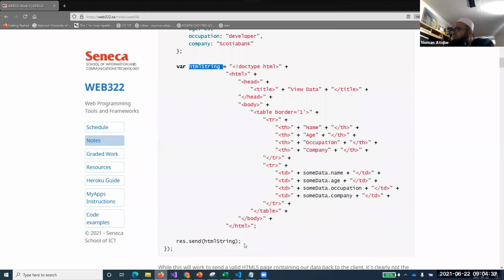It looks like a potential solution to our problem. What was our problem? We did not want to send HTML and dynamic content separately. We wanted to combine HTML with the dynamic content and send that. So this is one good way of doing it: create a string, from this point to this point, concatenating and embedding different things inside it, one of them being the data you want to send, and then combine them and send it.